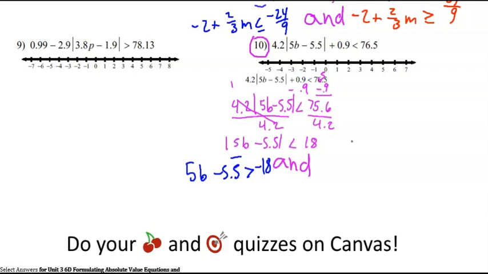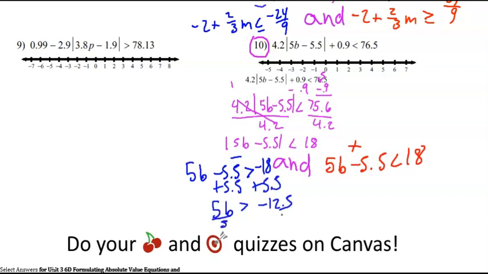And then for our positive piece, we have 5b minus 5.5 is less than 18. Okay, we'll solve for b on both. So add 5.5. Divide by 5. You get b is greater than negative 2.5